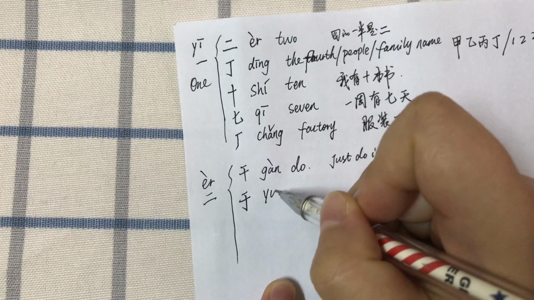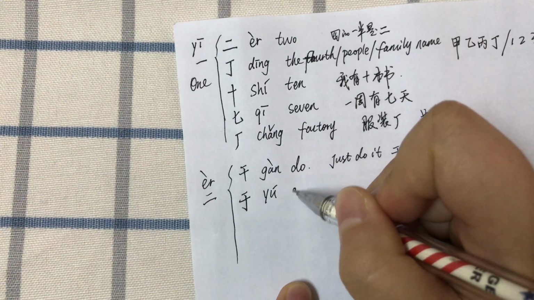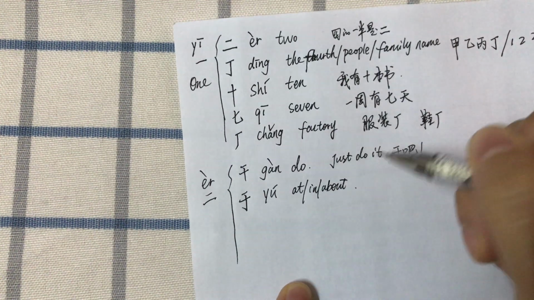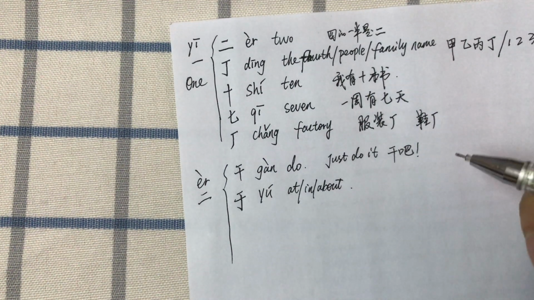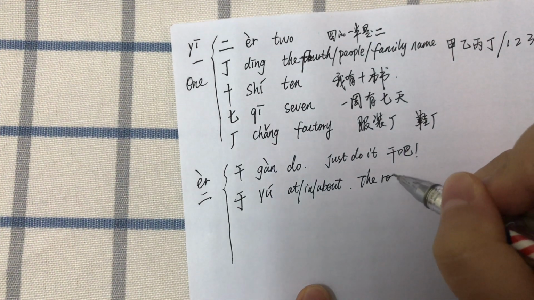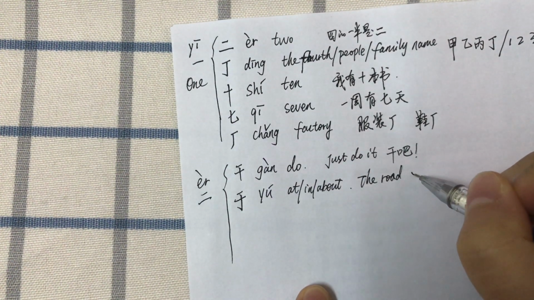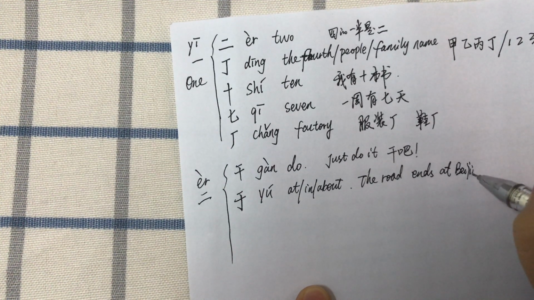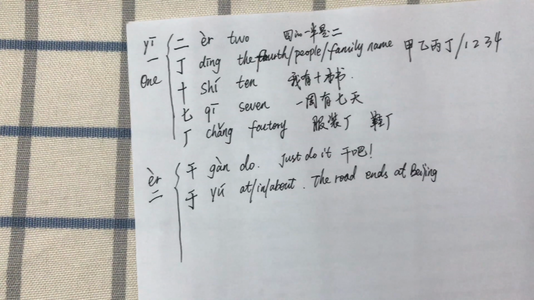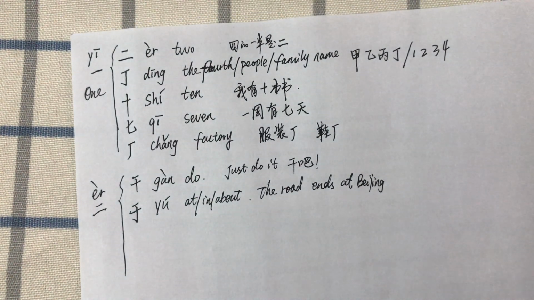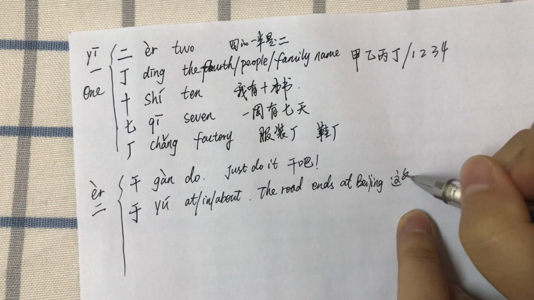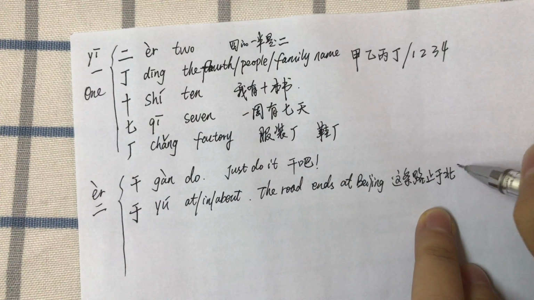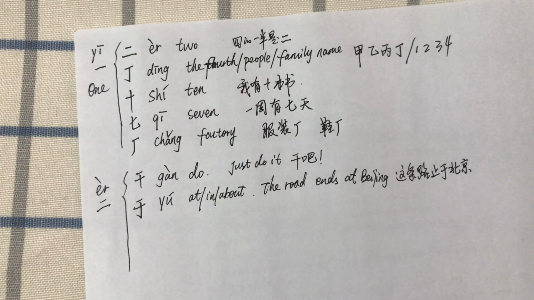And we can get 于, which means at, in, about. For example, the road ends at Beijing. 这条路止于北京。于